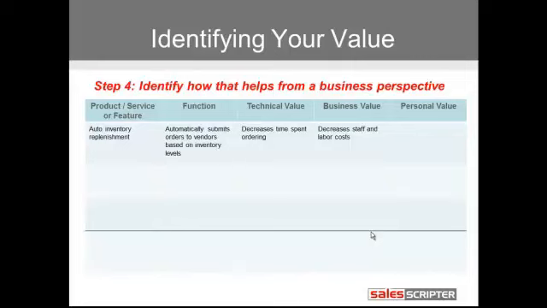So we can continue on to the next step to say, well, okay, if I'm selling to the VP of supply chain and we deliver this technical value and this business value, what does that mean to him or her at a personal level? Well, because we're automating this manual process, the VP doesn't have to reconcile or review or approve the orders on a daily basis, which means they can get home at a decent hour and have dinner with their family. That could be an extremely huge and powerful personal benefit